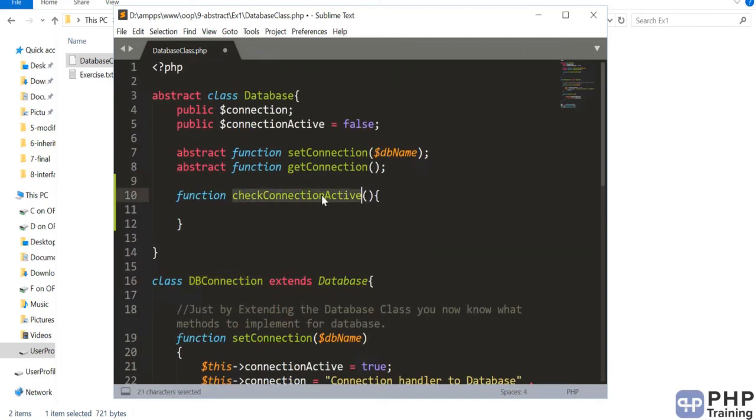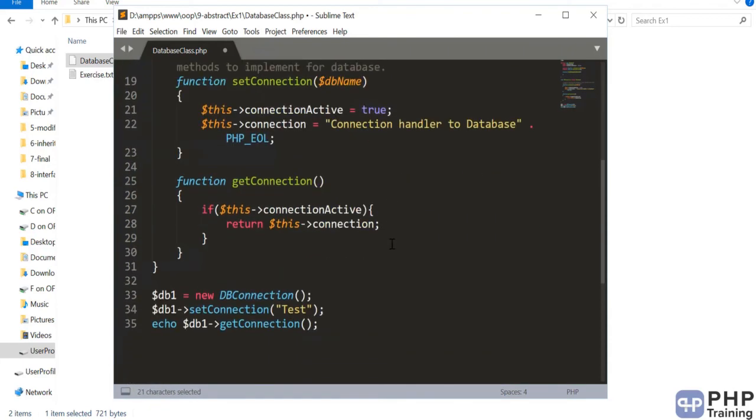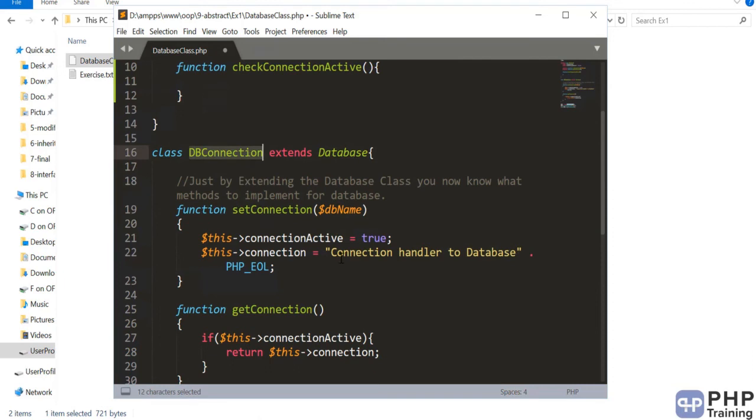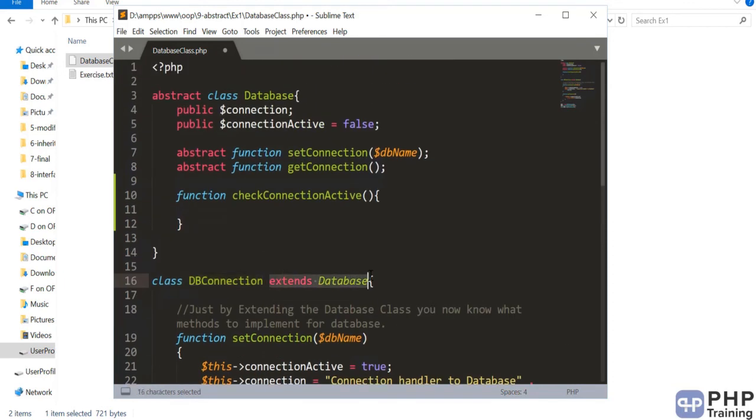This is a generic concept. So you can do that implementation directly in the database class, and your child class now actually gets this method automatically for you. So by using this instance itself, you can check the DB connection, right? And you don't have to implement it for every database connection that you're connecting. You just extend this database, and all the methods defined here are accessible, and it's generic. It's a library, it's a utility. You can write it once and then it's available for you to access everywhere.